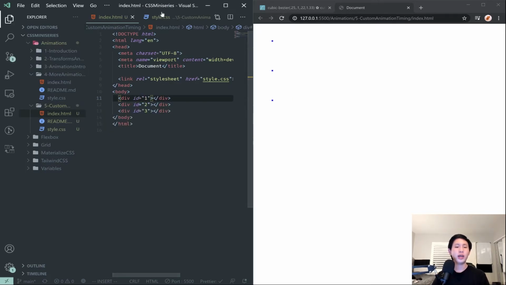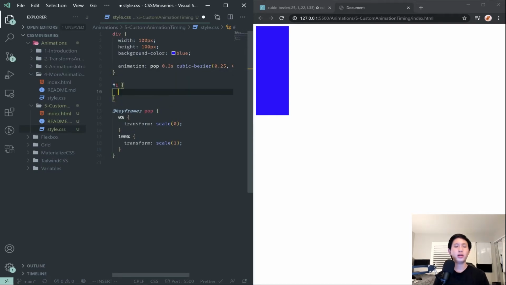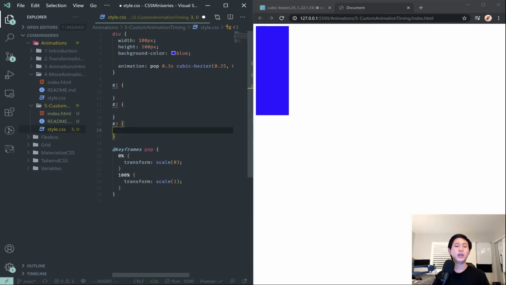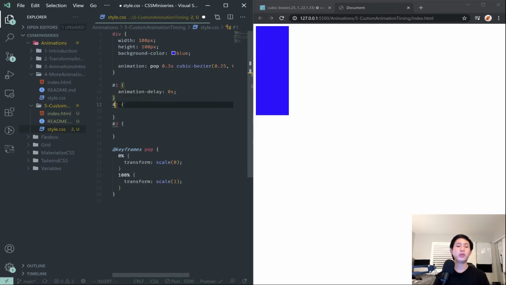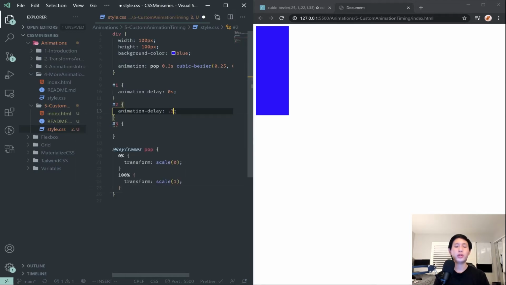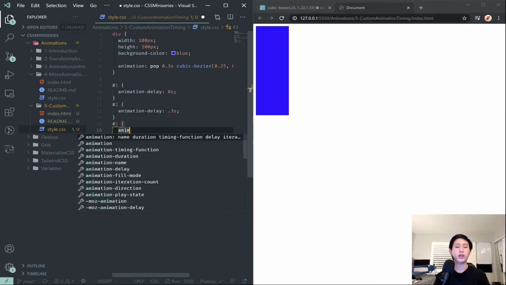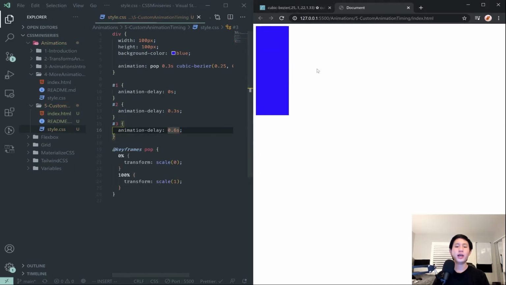Oops. And if we come here to our CSS and select the ID of 1, the ID of 2, and the ID of 3, we can each basically set the animation delay to 0 seconds for the first one. We could set it to 0.3 seconds for the second one, and then we could set it to 0.6 seconds for the third one. And as you can see,